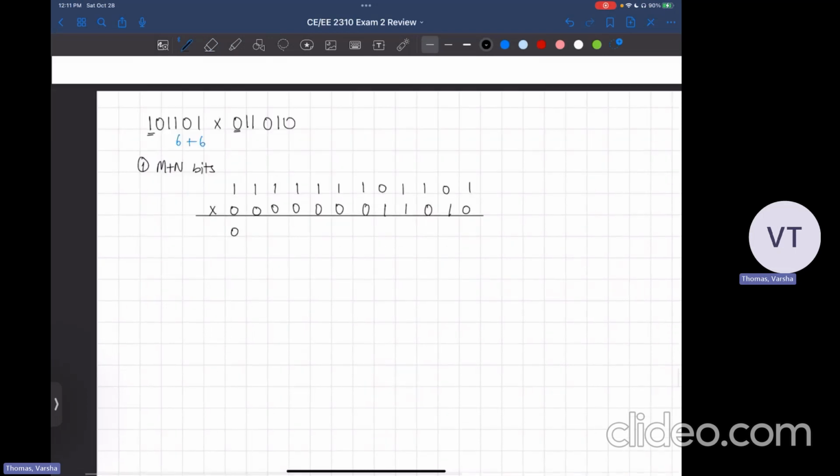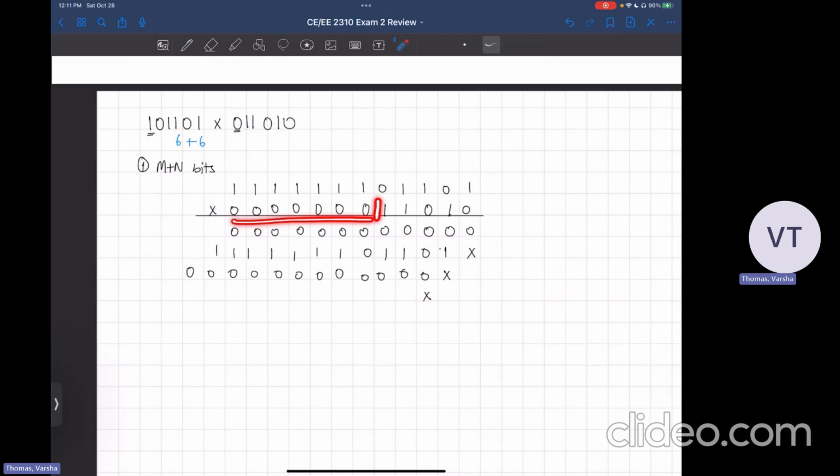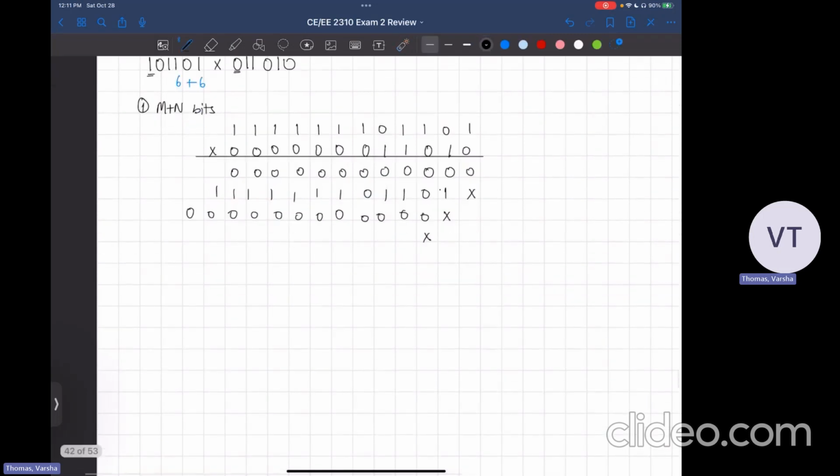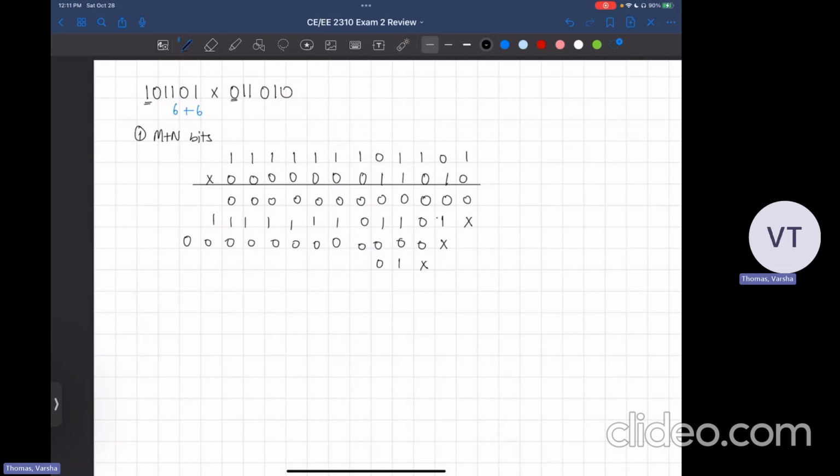Okay, so we're just going to do some multiplication. And then 1, 0, 1. I'm going to list all the non-zero partial products until this point, because after this point, everything is multiplied by 0, so it's just all going to be 0. So let me just finish writing. I've got 2 more rows. And then finally, 1, 0. I'm going to add all these up